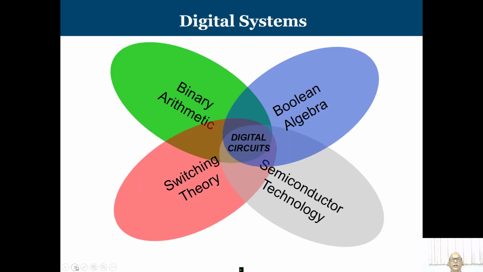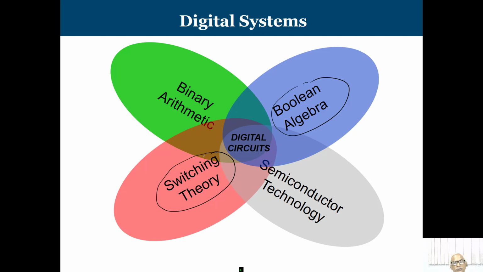We are discussing the digital system. Now, why are we looking into the binary number system? You just see here we are going to get these 4 components. Already we have discussed Boolean algebra. We have not discussed anything about switching theory, but what I can say is that switching theory falls under digital logic, where we are working with 0 and 1. That means we have to switch the signal from 0 to 1, and depending on the input signal we get the output signal.